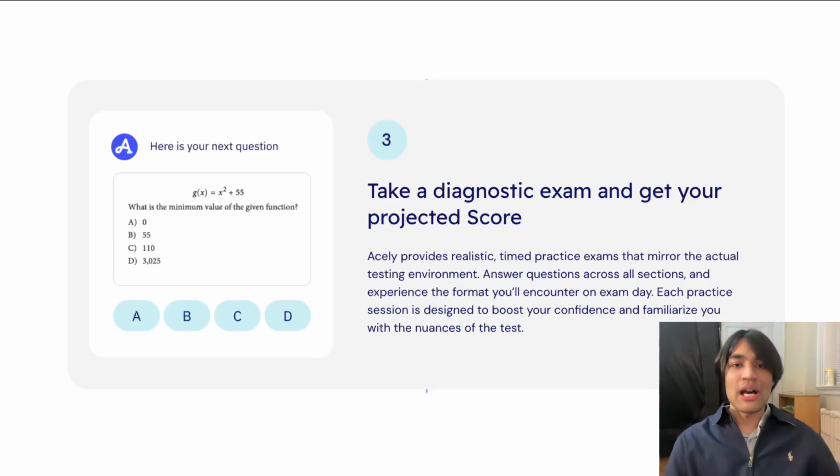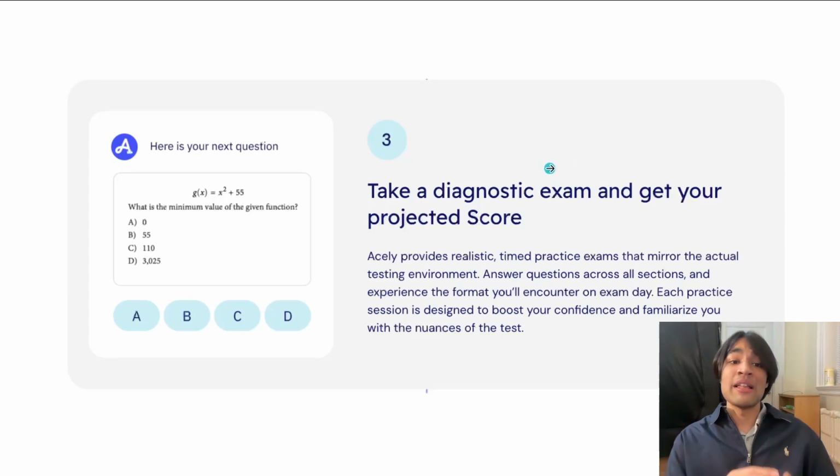If you want to get into a top college, you need that score, then that's the score you're going for. If you're going for your state level university, the scores are often lower. That's the score you're going for. There's no shame in any of this. You just need to go for your goal and your projected score, and their tool to allow you to take